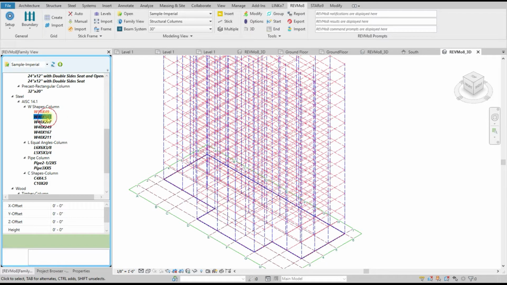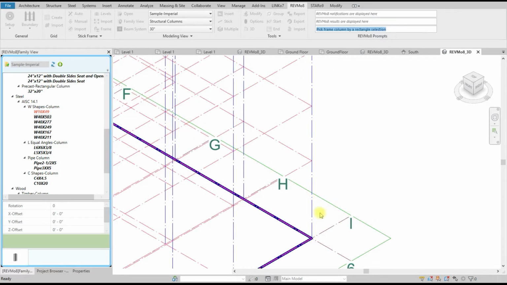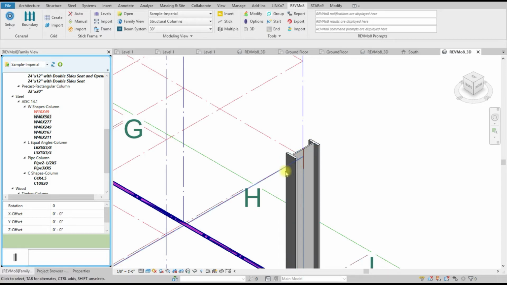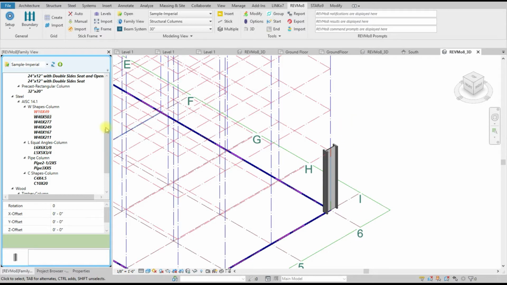So let's say you want a W shape for all the building. Let's try the single one first. So single, that you can see here, pick frame column by rectangle selection. You can do it manually, so you do a rectangle. So you see here it generated the column, and you can notice that it followed the extension. And you can keep